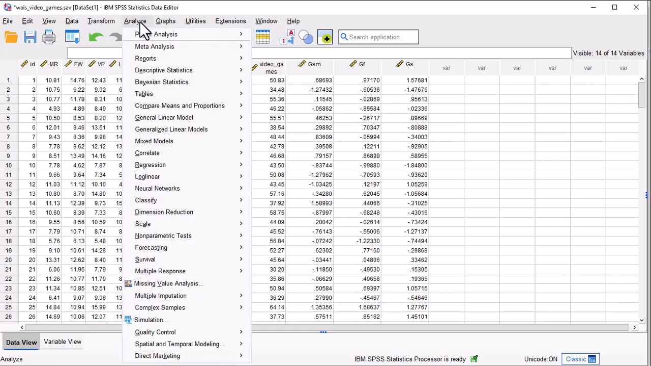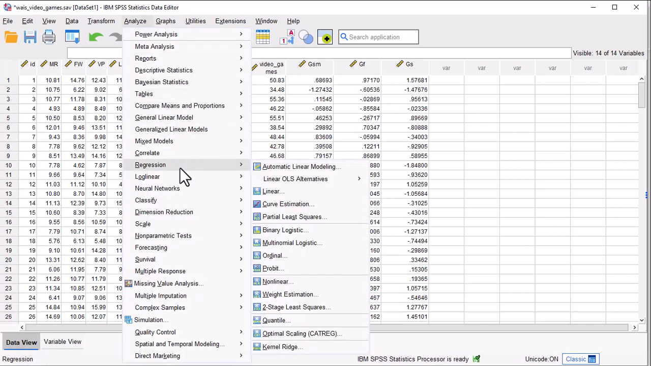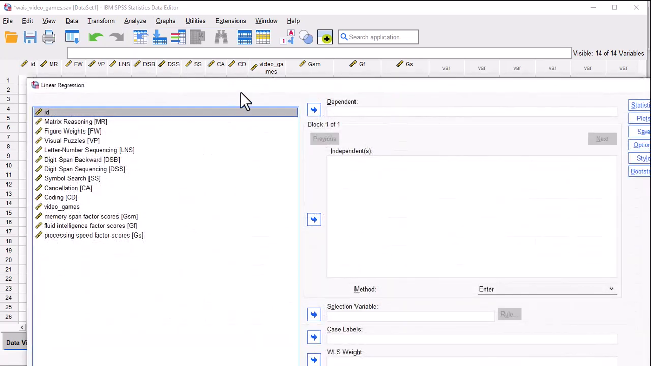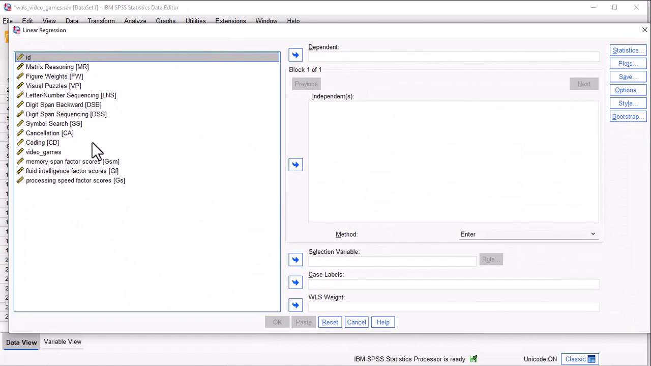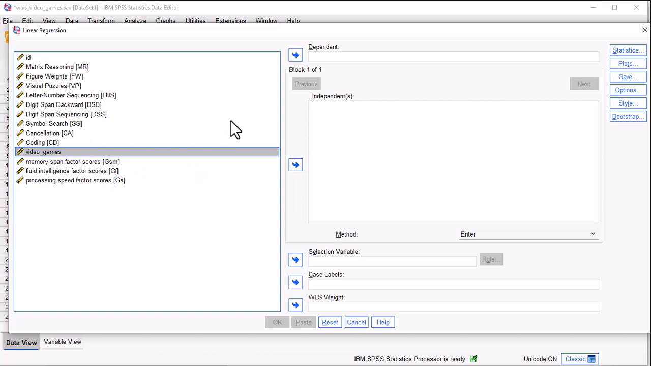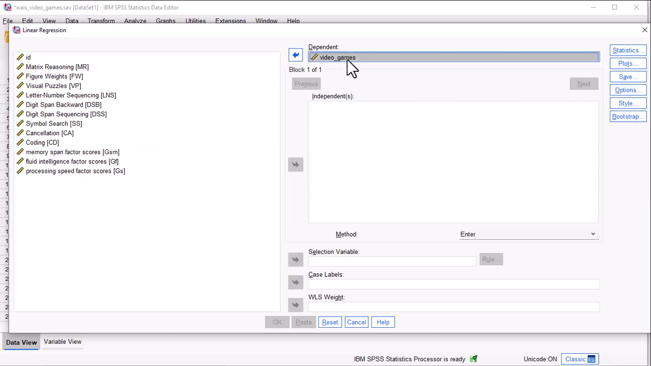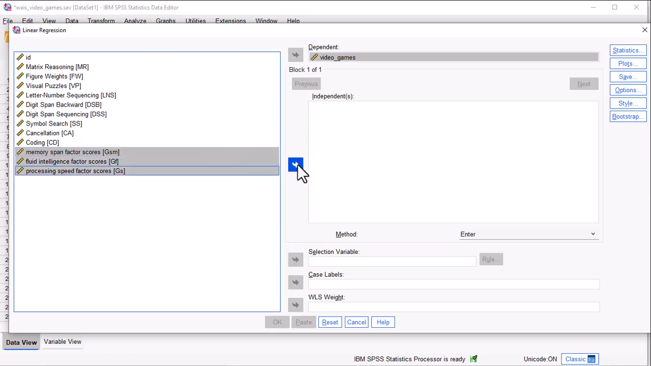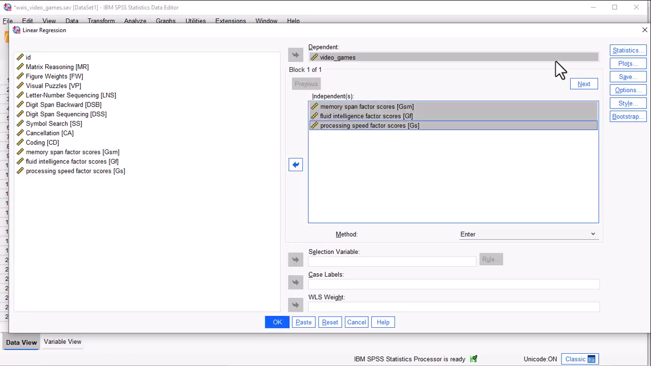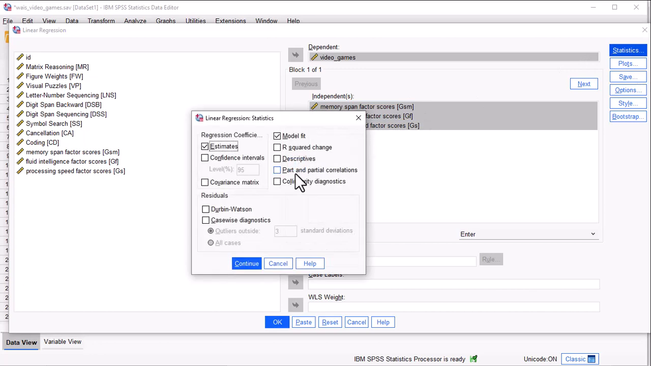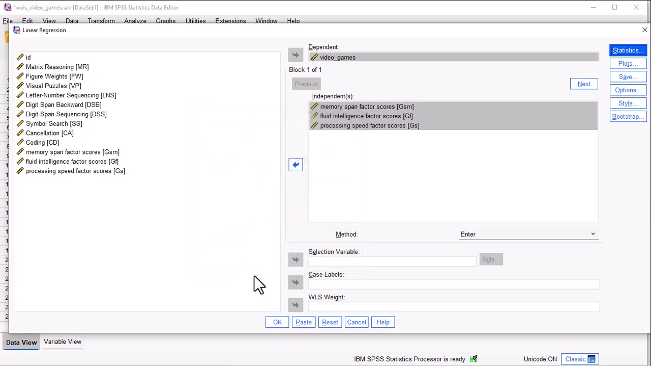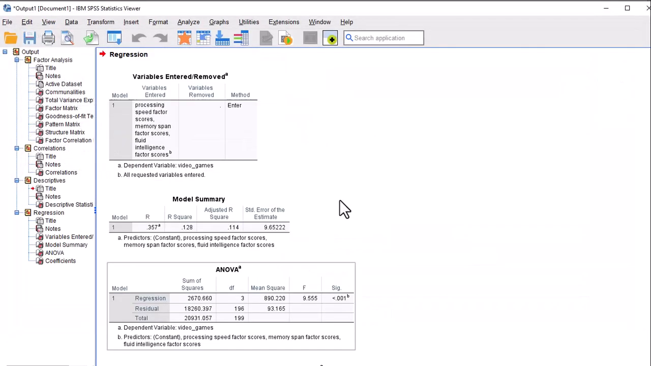In the textbook, I talk about using the scores to predict video game playing ability, and that is the dependent variable in this case, and I would put the video games variable there, and then I would put my factor scores as independent variables. And if you have looked at my chapter on multiple regression, I like looking at partial or semi-partial correlations in the context of regression, and I'm going to do that here, and I click on OK,